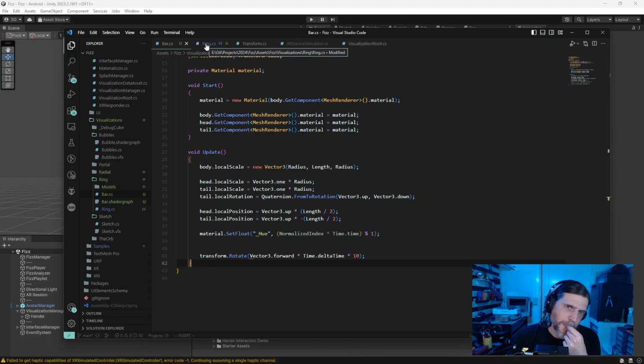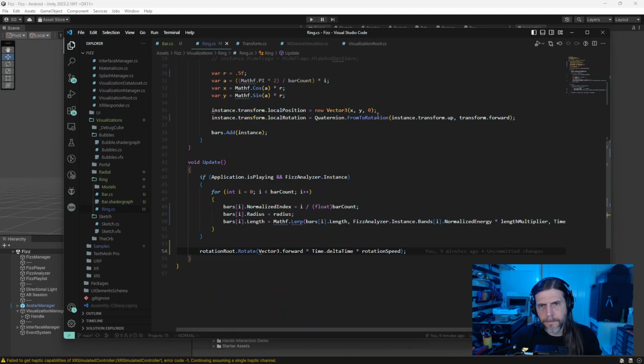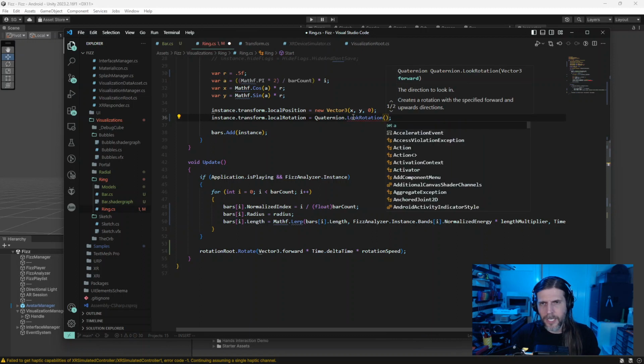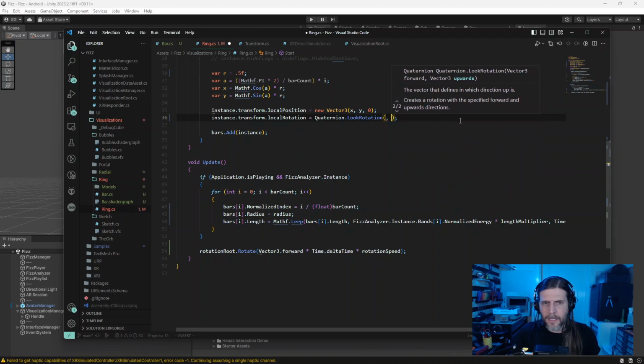How do we orient these such that they are... we need to align two axes. How do we do that? I know how we do it. Oh boy, I don't know. I think we do a look rotation, and I think there's a way to pass the up. Yeah, the up will be the forward of the rotation root, but the place we want to look is